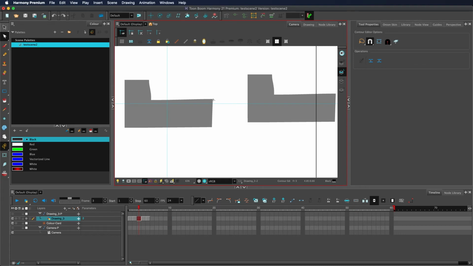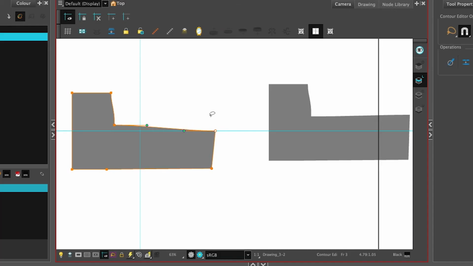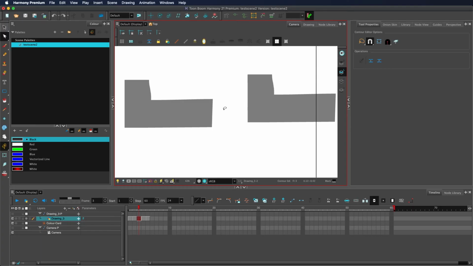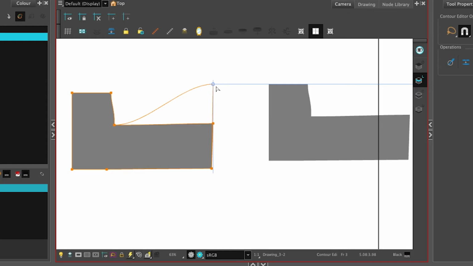Snap to alignment guides does what it says, snaps the currently selected point to the alignment guides. Click in the card in the top right hand corner to learn more about alignment guides. Snap and align imagines there's a bounding box around each shape like that, and will try and snap the currently selected contour to those bounding boxes and the center of those bounding boxes.